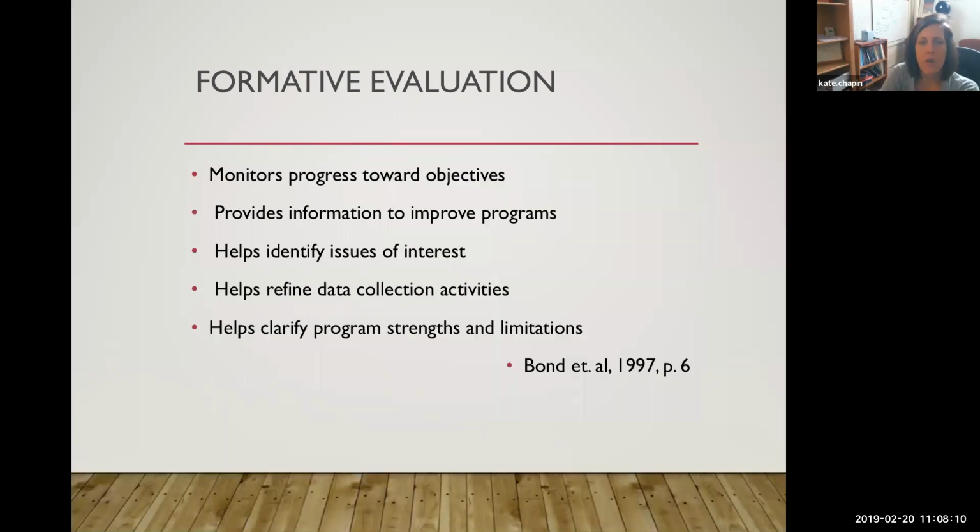So again, a little more on formative evaluation. In general, it monitors progress towards objectives. It provides information to improve the program, right? So it's not just "bad dog," it's "you were bad because you were barking a lot." We want to ask evaluative questions that give us specific information about how we can improve. It helps identify issues of interest,